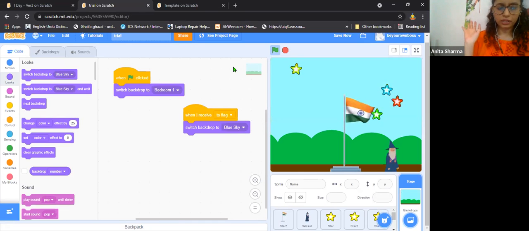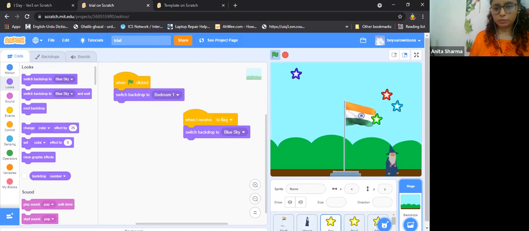That issue is solved. Now there are so many issues. The stars are already there, and see the wizard running away. The wizard should be standing beside the flag, and these stars shouldn't be there. So we are going to send the same signal to all the stars and tell them, now you need to hide. Your job is done. Understood? So let's go to the stars one by one.